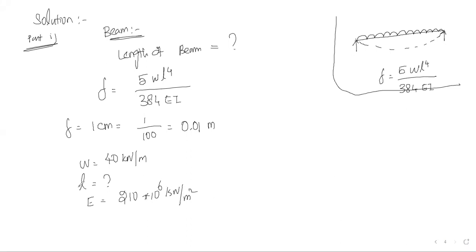Next, we have to go to the I value. I for a beam is nothing but b d cube by 12, if it is a rectangular section, then we take it like this. The I section consists of one total rectangular section minus these two sections. If we deduct, then automatically we can get it. So this is how we are going to use it.